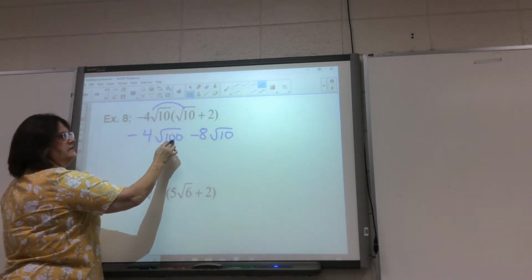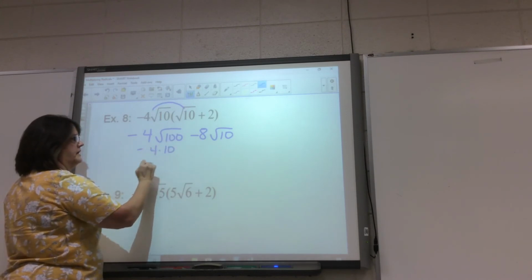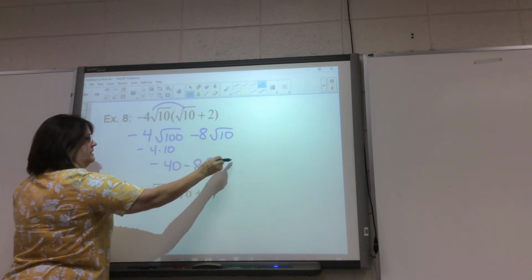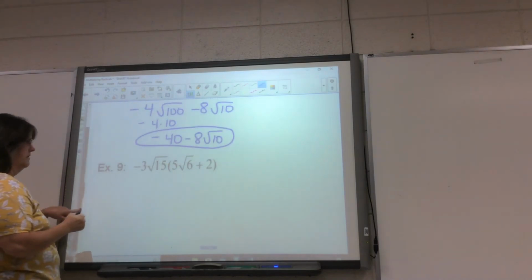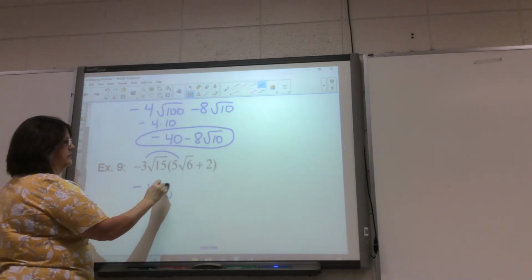Okay. So this is 10. The square root of 100 is 10. So negative 4 times 10 is negative 40, minus 8 square roots of 10. 10 will not simplify. Come down here, negative 15, square root of 90,